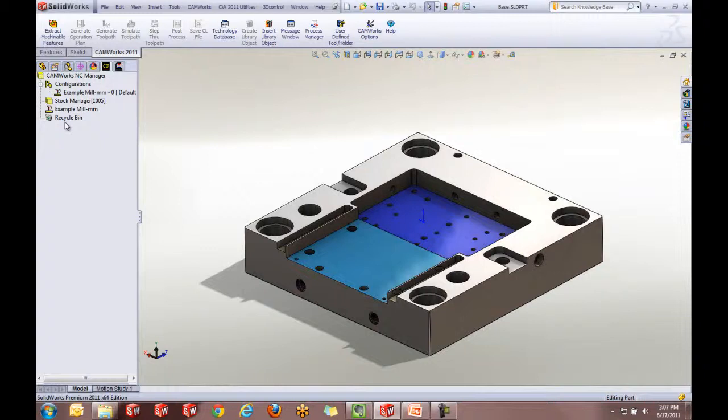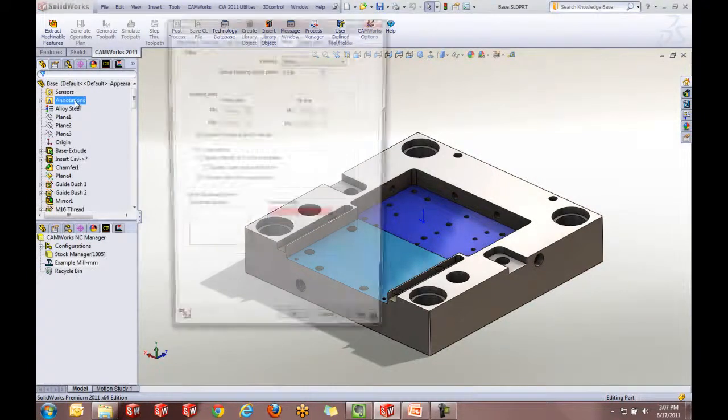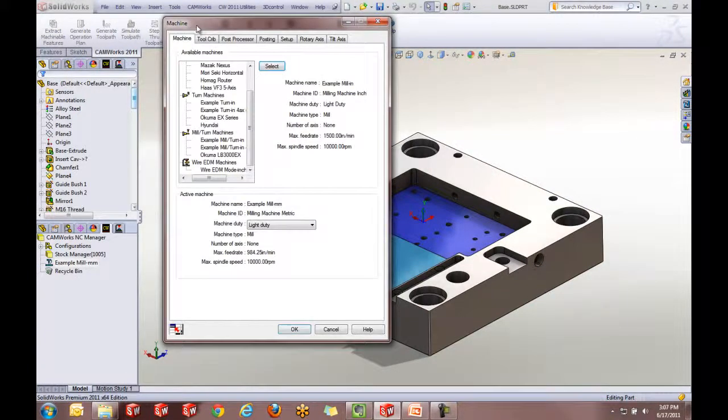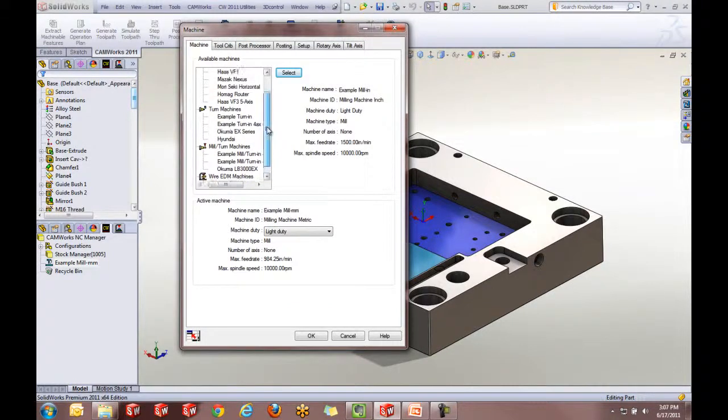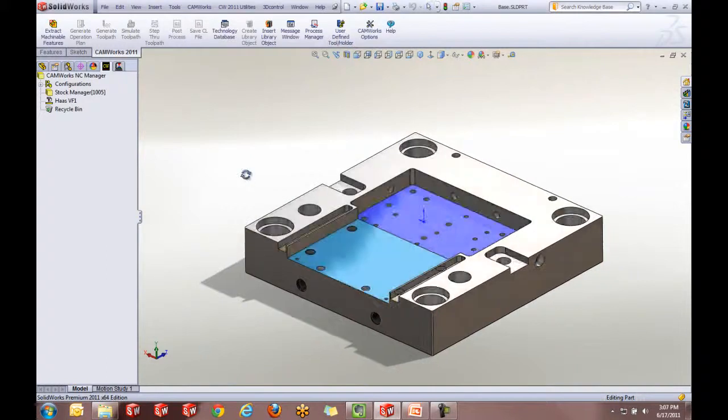So first things first, we're going to go in and select the machine we are going to use. I'm just going to double click on this mill here, and you get this box coming up, and you can see I have all kinds of different machines in here. I'm just going to pick a Haas VF1, a vertical machine, right? I'm just going to select that one,